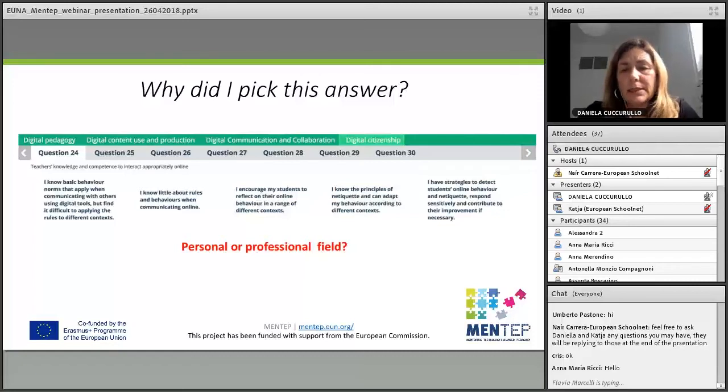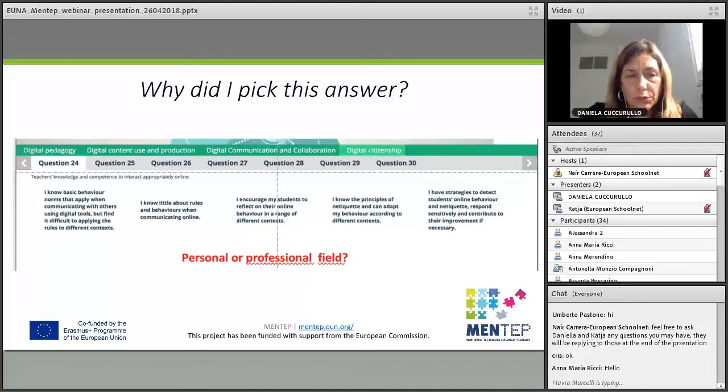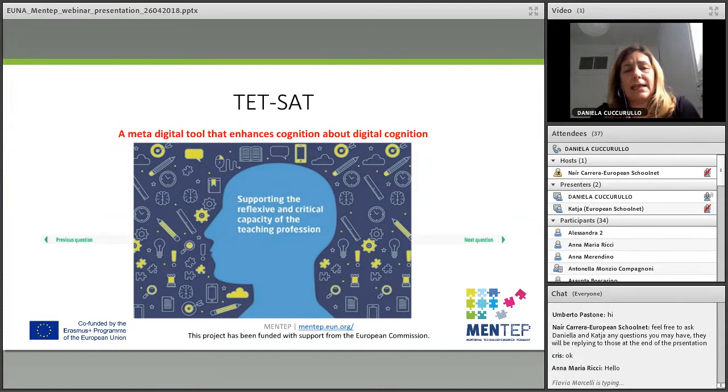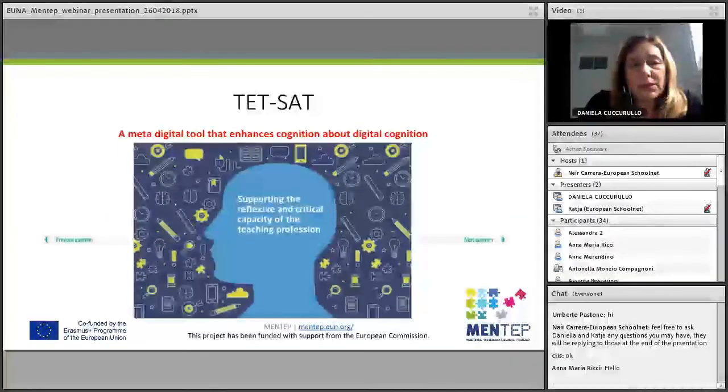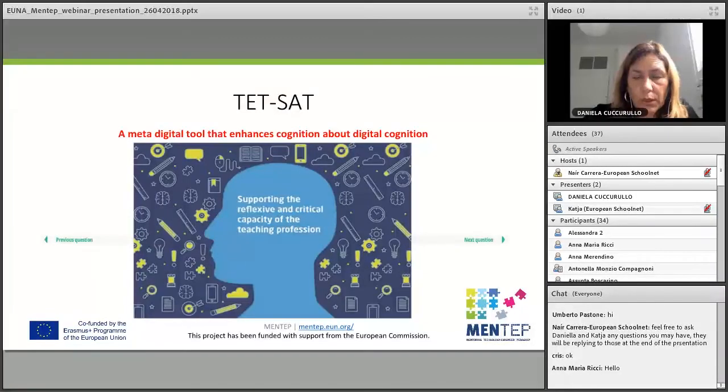So here I also have different possibilities, and I can choose according to what I want to say. And again, I say that I can recognize the tool as a meta digital tool that enhances processes of cognition and metacognition, because they are processes on digital cognition. What in any case the tool helps to do is that it puts you in the position to understand